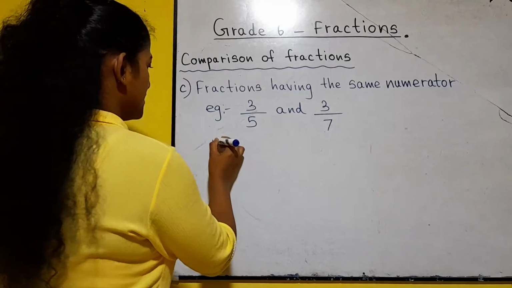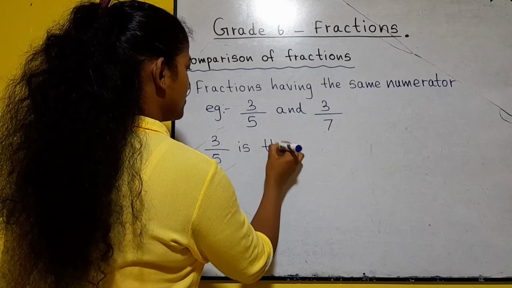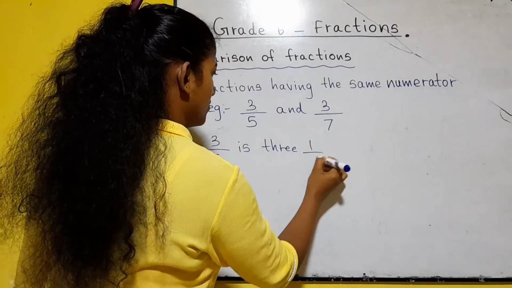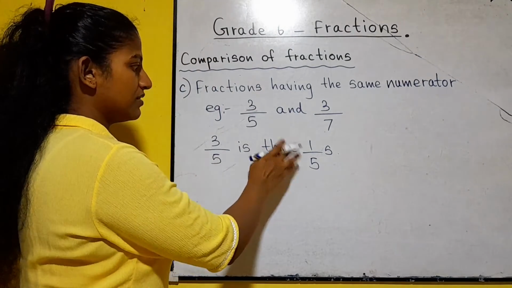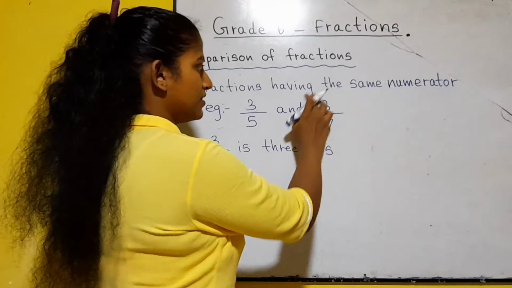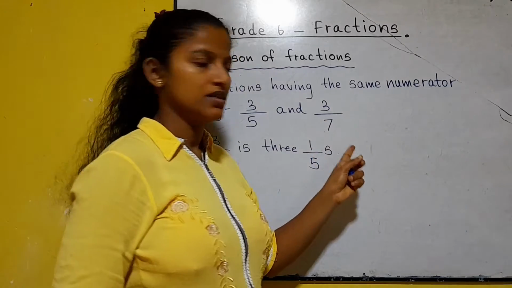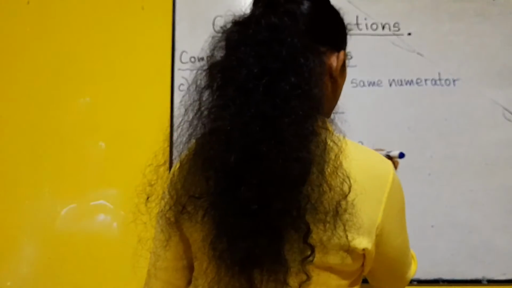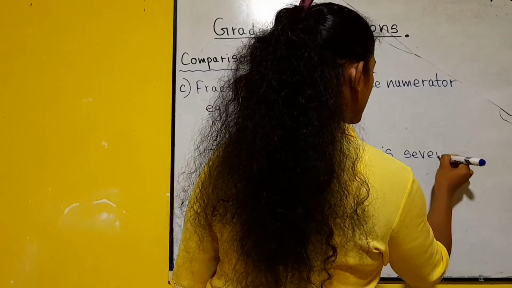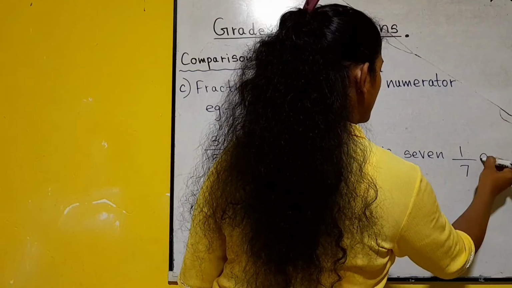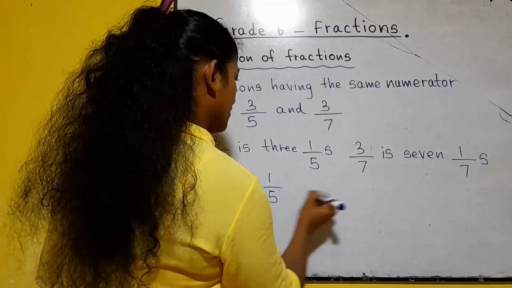So I can write 3 over 5 is 3 1 over 5s. 3 over 5 is built up with 3 1 over 5s. Then 3 over 7, what is the relevant unit fraction here? 1 over 7. So I can write 3 over 7 is 3 1 over 7s. If you take the unit fractions 1 over 5 and 1 over 7,